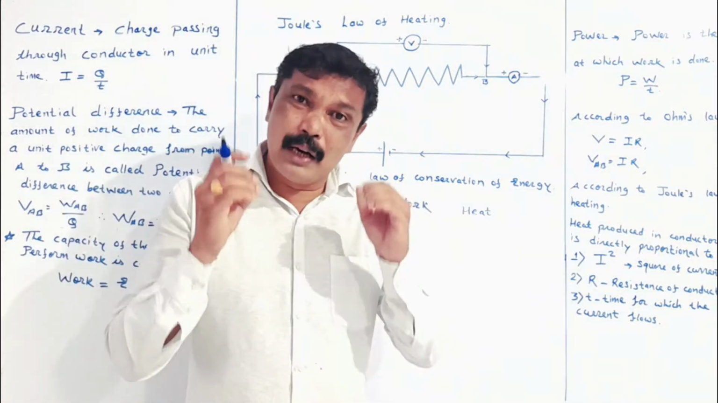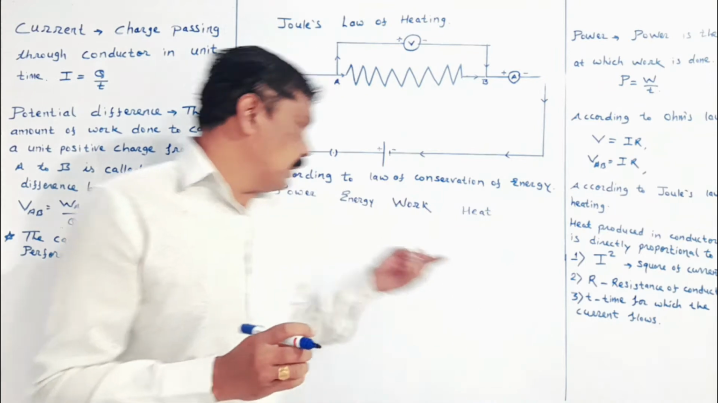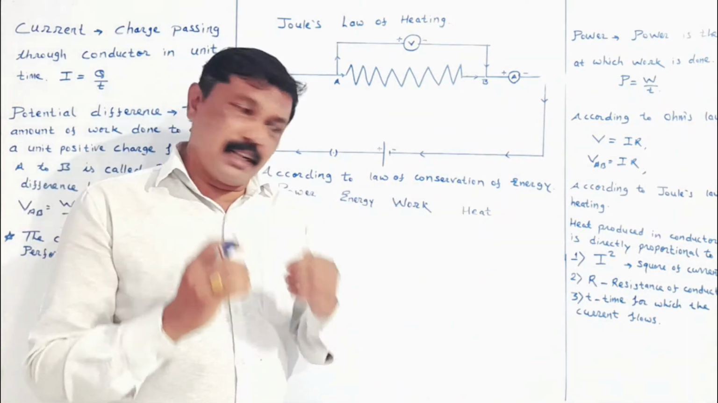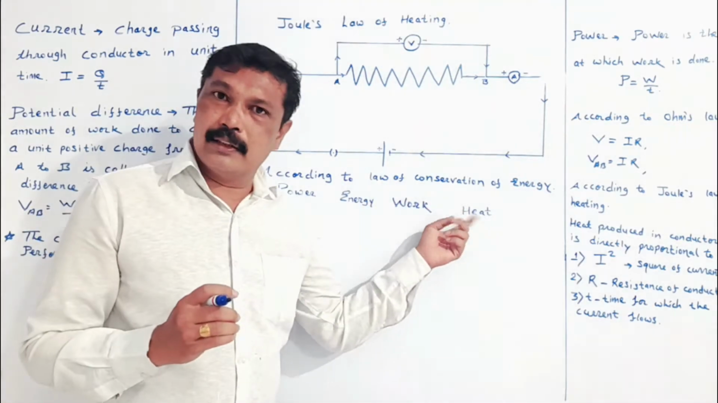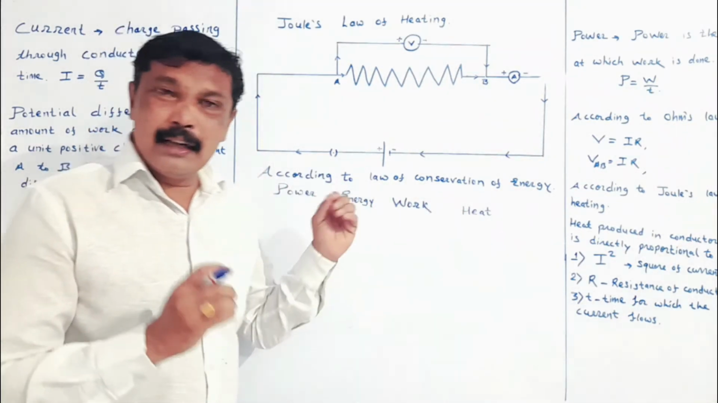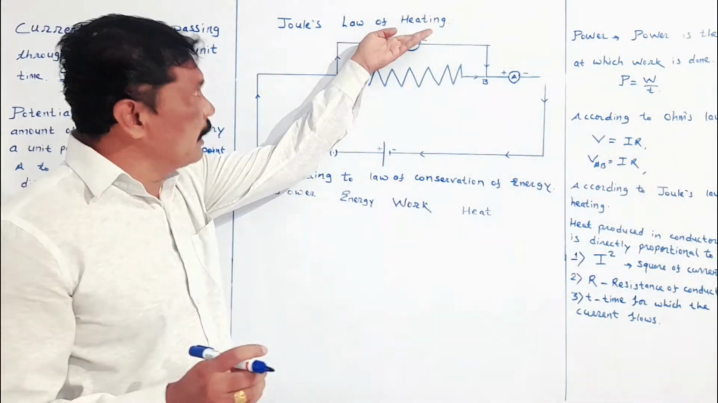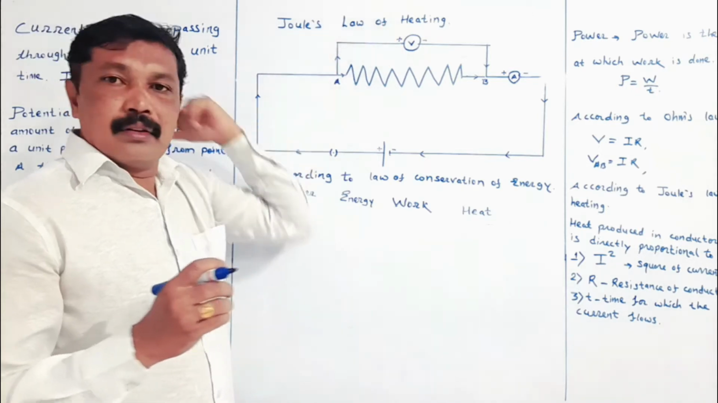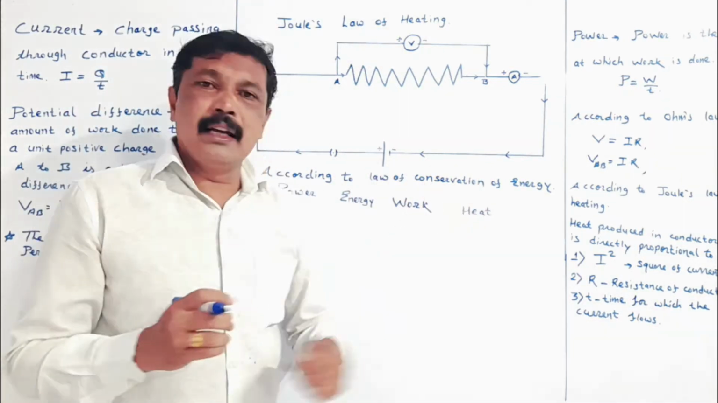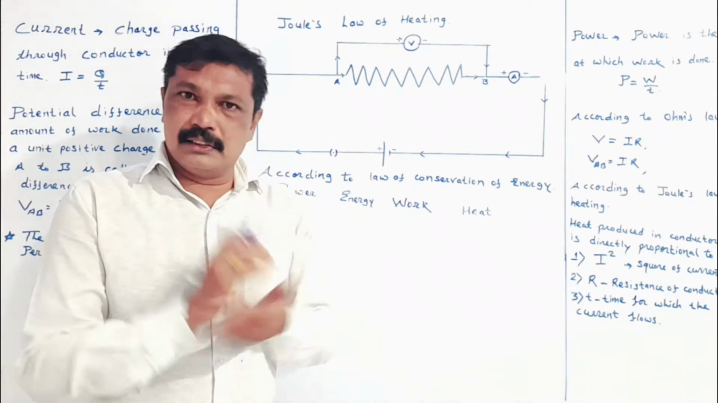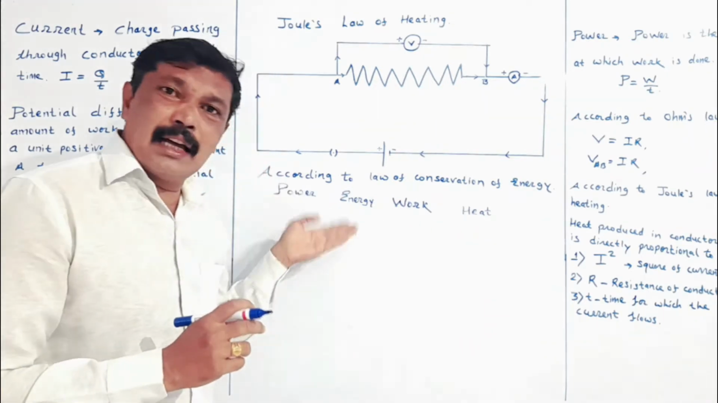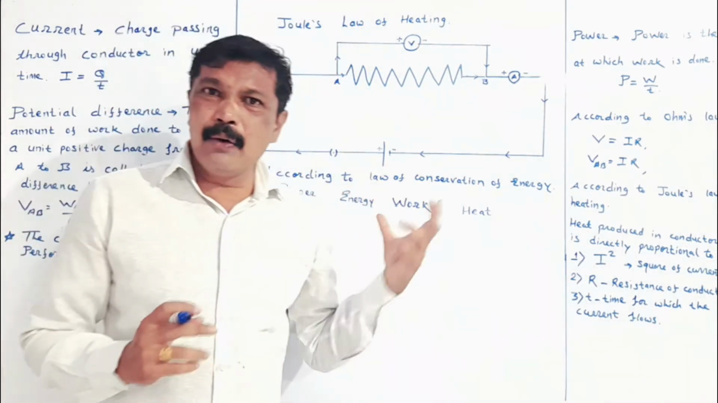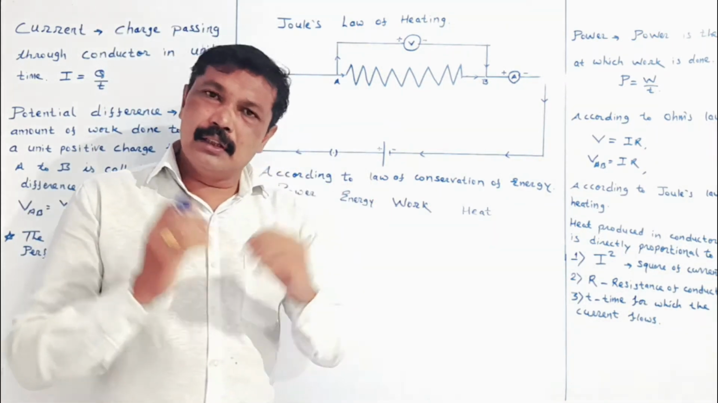The rate at which work is done is said to be power. So energy will be equal to power. One more form of energy we have studied, that is heat. And my dear student, we are trying to learn the heating effect in a conductor, and therefore heat as a form of energy we will also consider. So all these terminologies are related to Joule's law of heating,